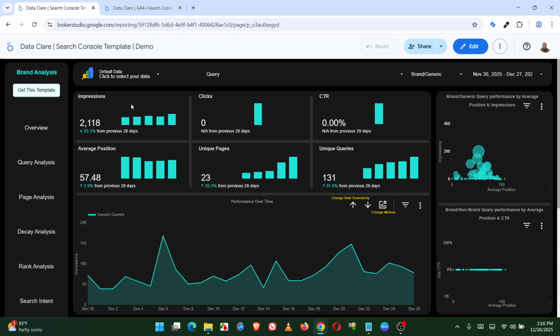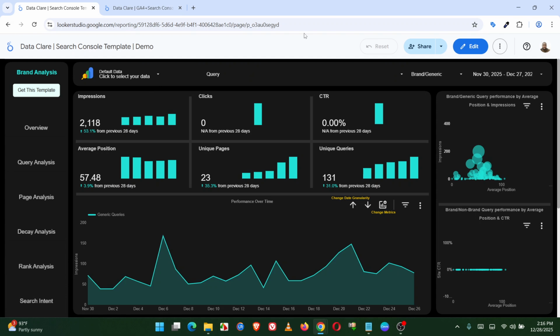Number one, when you want to make a copy of this diagram, you will realize there are two tables. There is the site impression table and the URL impression table. The site impression table, I use it only for ranking and the brand and generic pages. For the most part, you only need the URL impression table to do the majority of the analysis you need in